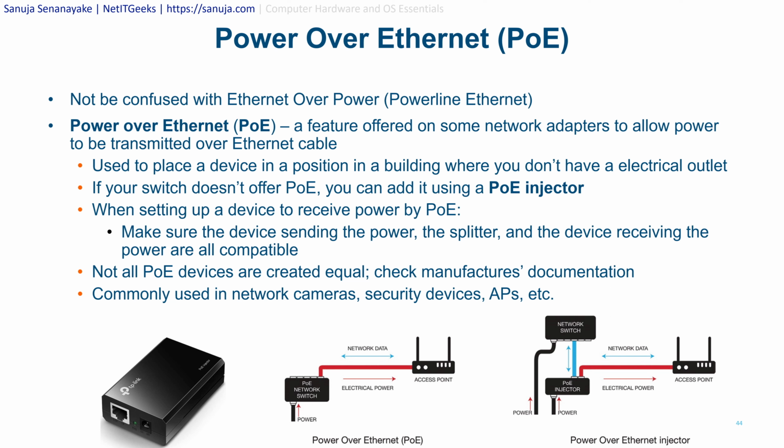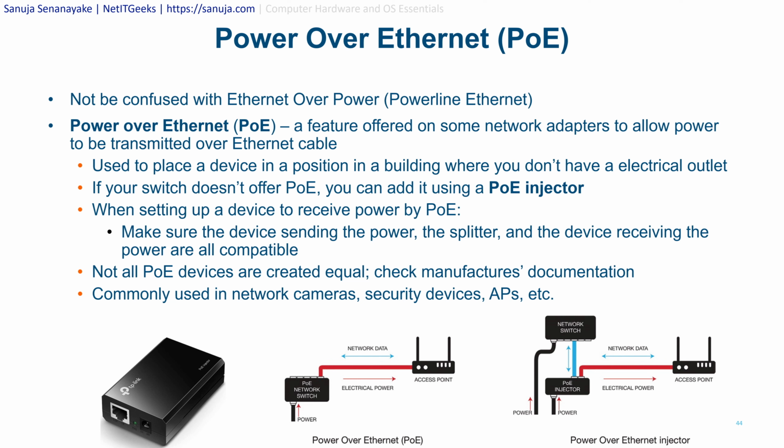When setting up a device to receive power by power over Ethernet, make sure the device sending the power, the splitter, and the device receiving the power are all compatible. Modern day power over Ethernet devices can auto configure and auto shut off, or go into safety features, if they receive too much power. But in the older devices, you have to make sure that if it is, for example, a 5 watt rated device and you send 15 watts, it's going to burn out. So you have to be careful with that. But newer devices have a way of detecting each other and adjusting the power accordingly. And also,